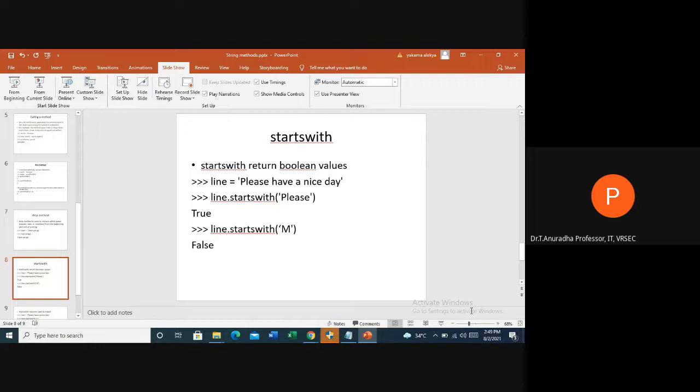If it is starting with please, it returns true. Otherwise, for example, in the second example, if I say line dot startswith M, because our string is not starting with M, it returns false. Let's check this.